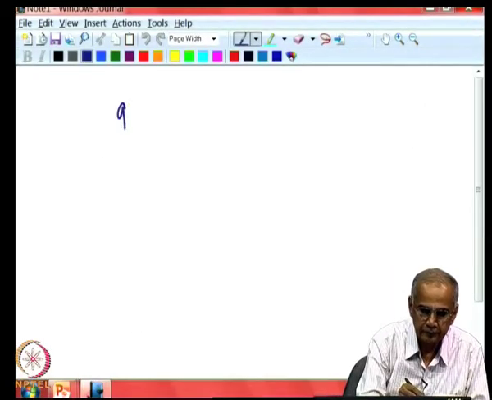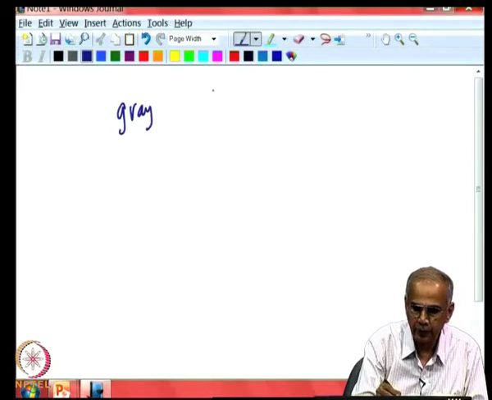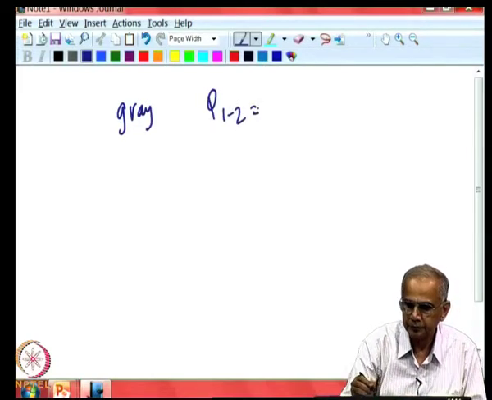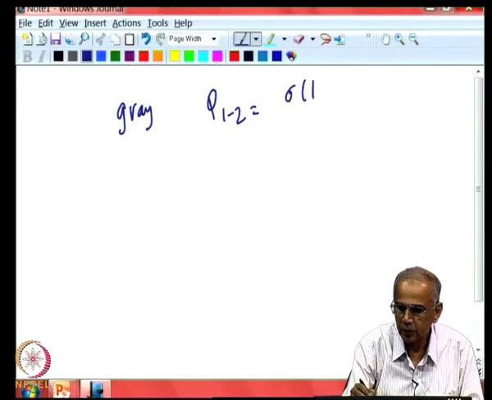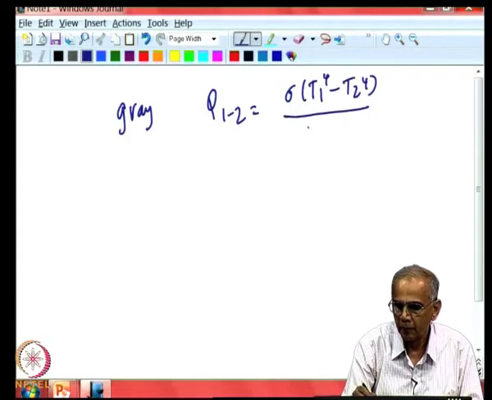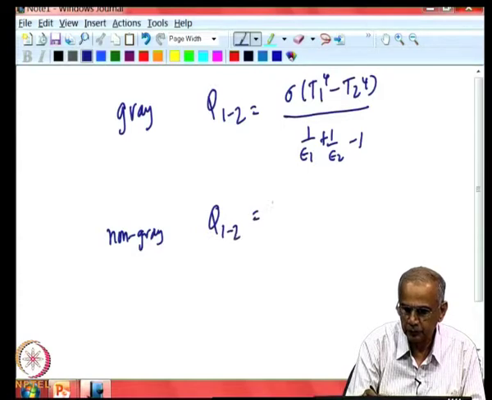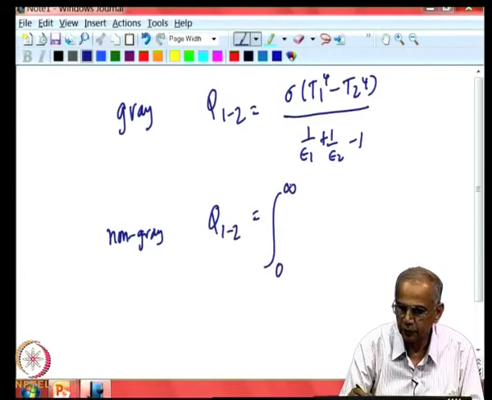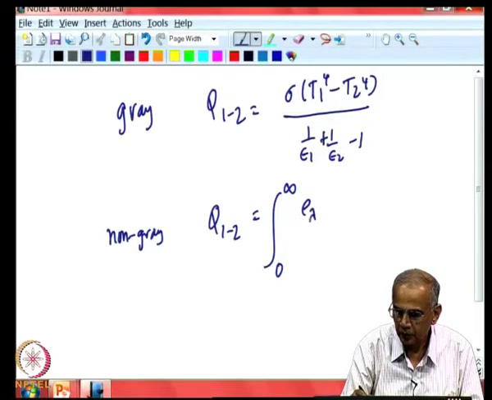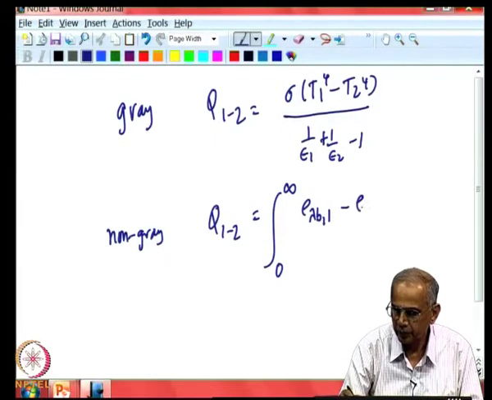If it is gray, you know that heat transfer from plate 1 to plate 2 will be sigma (T1^4 minus T2^4) divided by (1/epsilon 1 plus 1/epsilon 2 minus 1). If it is non-gray, the same calculation will be done as follows: integral over all wavelength, 0 to infinity, of the black body emissive power of the two surfaces divided by the spectral emissivity terms,